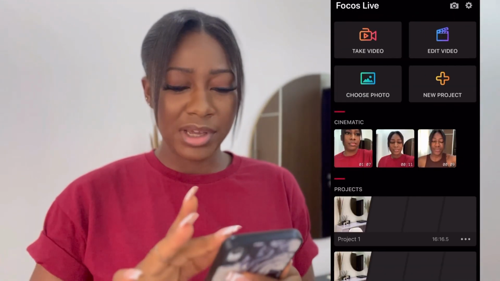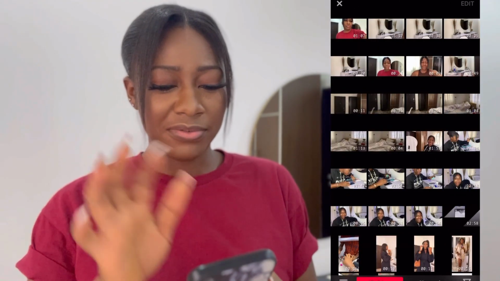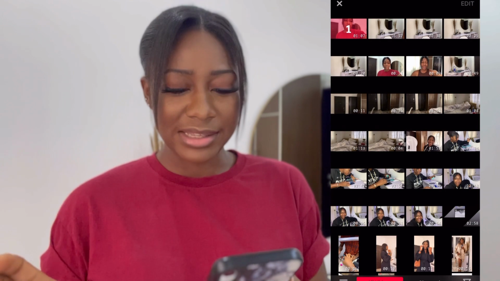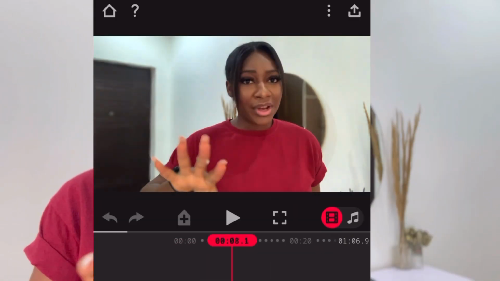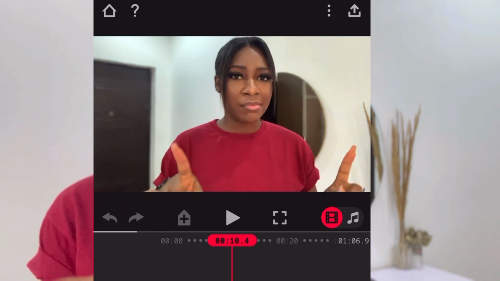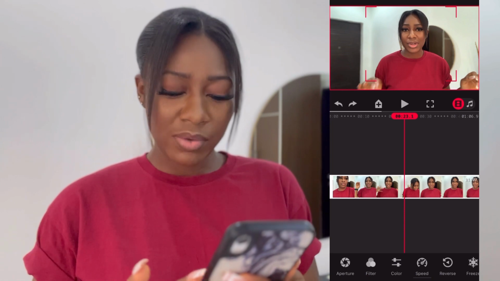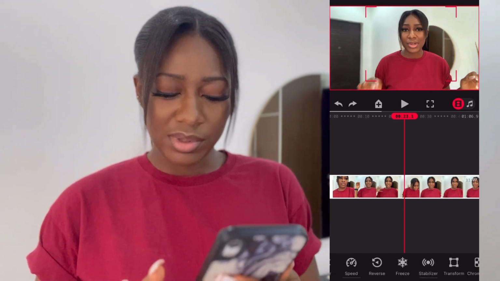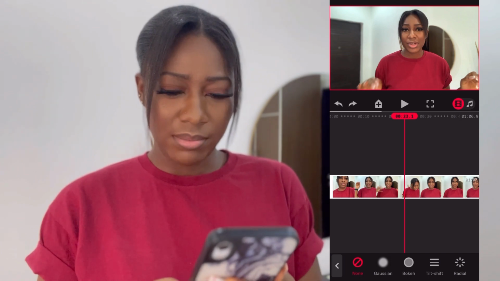When you film with the front camera, go to edit video. Now this is the video I shot with the front facing camera, and let's go to edit. Now you can see that it automatically gives you a bokeh effect without having to tweak anything, without having to set it manually. But I can also play with this. Now let's just go to the blur and bokeh